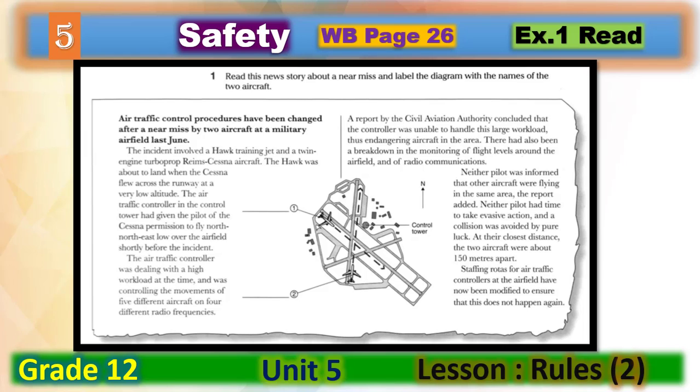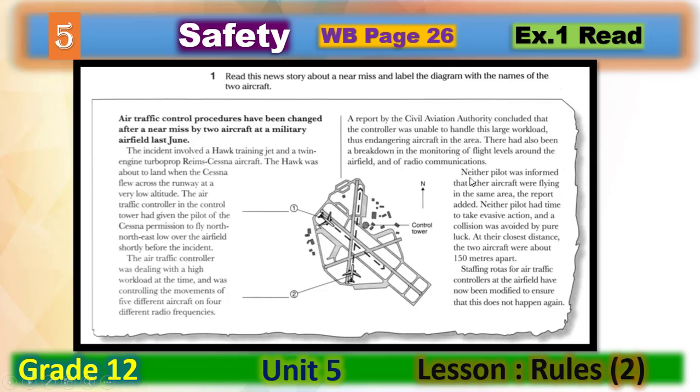The air traffic controller in the control tower had given the pilot of the Cessna permission to fly northeast low over the airfield. Shortly before the incident, the air traffic controller was dealing with a high workload at that time and was controlling the movement of 5 different aircraft on 4 different radio frequencies. A report by the Civil Aviation Authority concluded that the controller was unable to handle this large workload, thus endangering aircraft in the area. There had also been a breakdown in the monitoring of flight levels around the airfield and